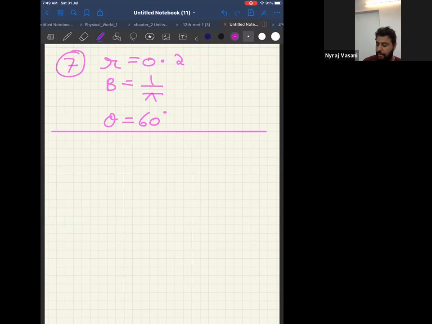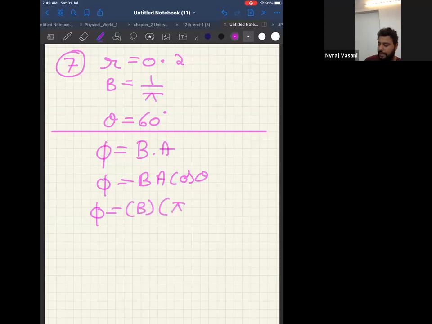So look at this. Now you know the formula for magnetic flux. Magnetic flux formula is B dot A. Now if I want to expand the formula B dot A, it will become BA cos theta because dot product is cos. Therefore, A dot B is AB cos theta, B dot A is BA into cos theta. Or can I write it as B as it is, area can be written as pi r square into cos theta. I'm just simplifying the same formula.